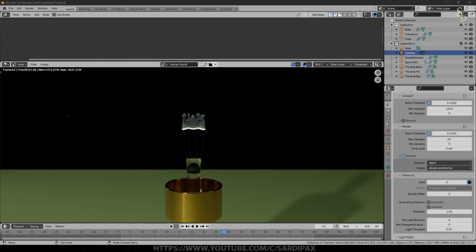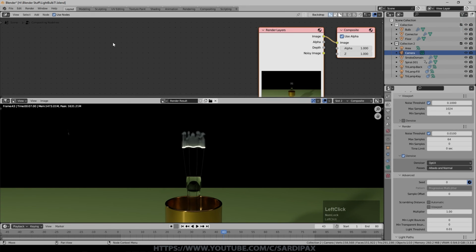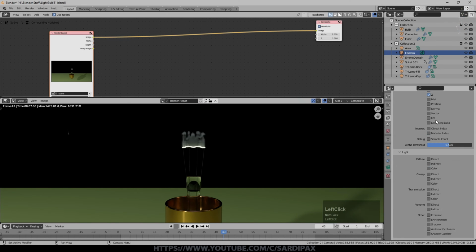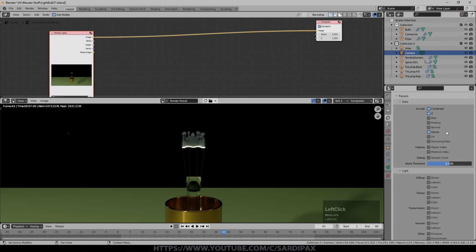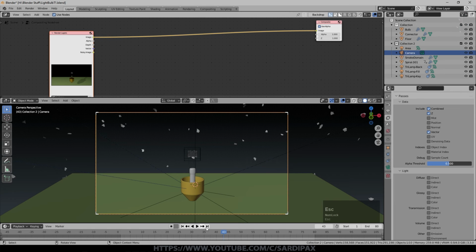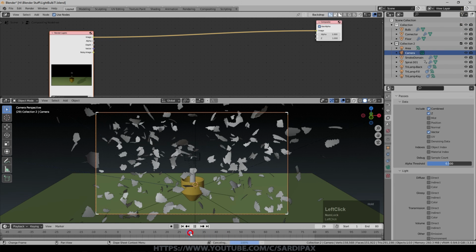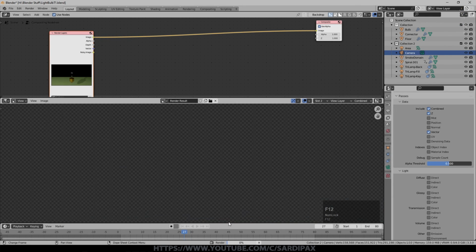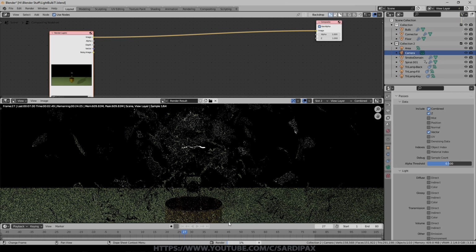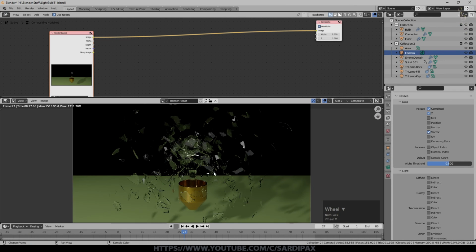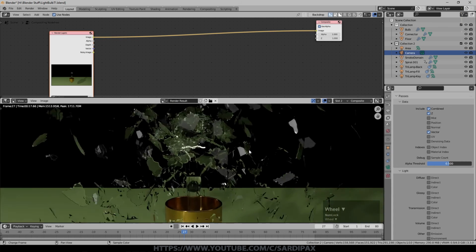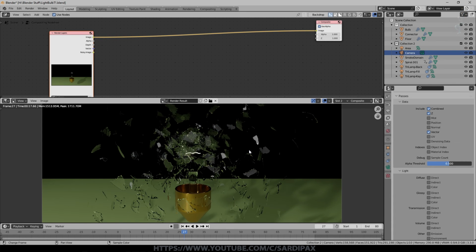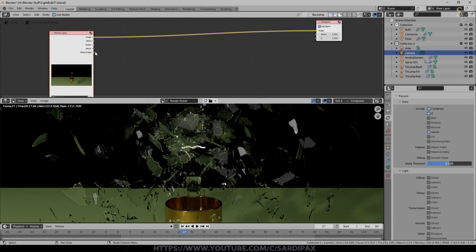So there's just a few things to do for this. We'll click use nodes, and we'll come over to here, and we're going to turn on vector. I think at this point we're going to re-render the scene, but we're going to go to a point at which there's lots of movement in the scene. So here, where we've got an explosion going on, we'll render that. There's no smoke in this bit, but there is a lot of moving fragments of glass. So you can see it's a perfectly captured, unblurred image at the moment, which you'd need a nice high-speed camera to do. So to make that a little more realistic, we're going to add some blur to that.